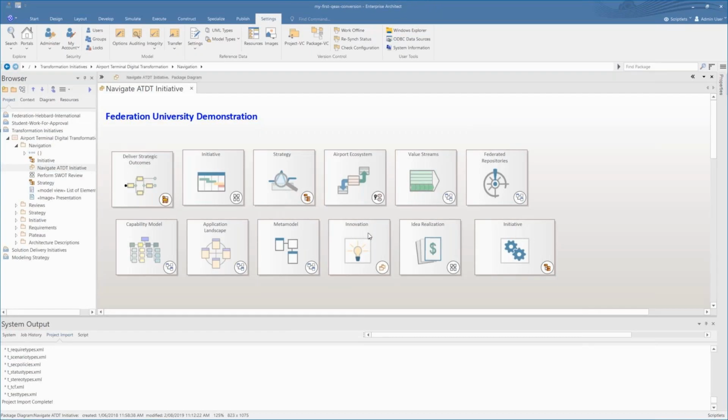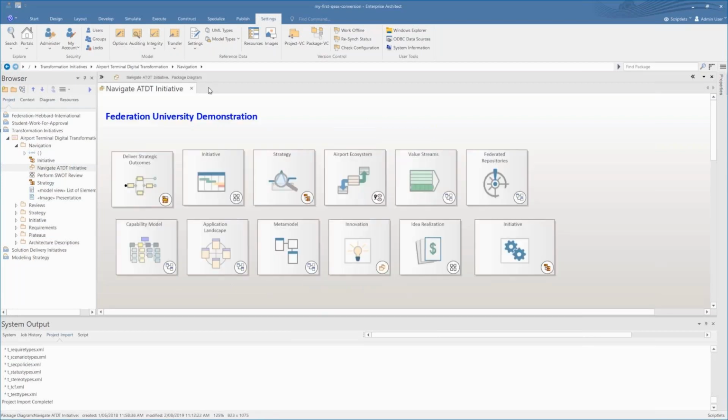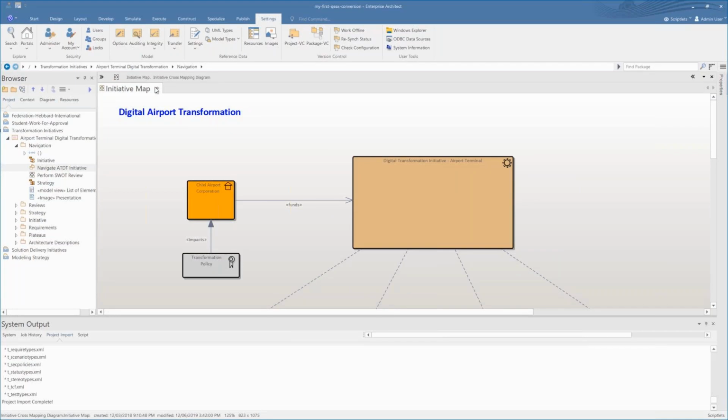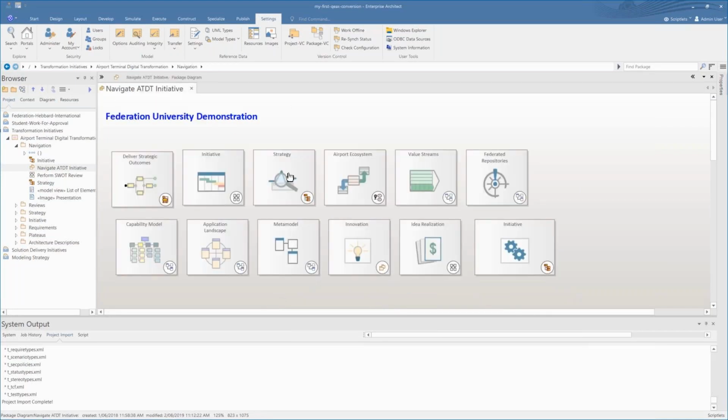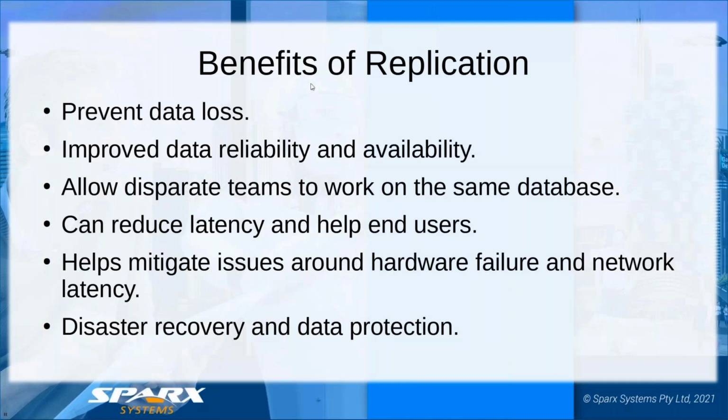And so now here within Enterprise Architect, we have our strategic outcomes, our strategies, our initiatives, our airport ecosystem, the digital airport transformation, and everything else that we've developed in Enterprise Architect. But now we are opening this using a 64-bit version of Enterprise Architect.